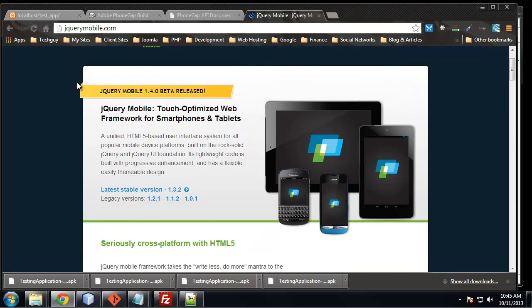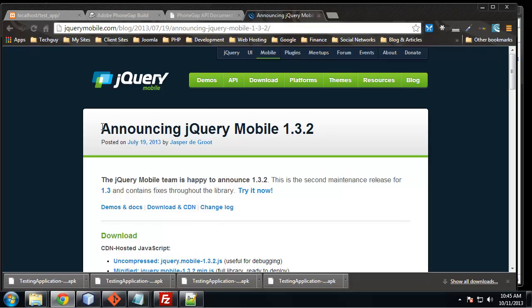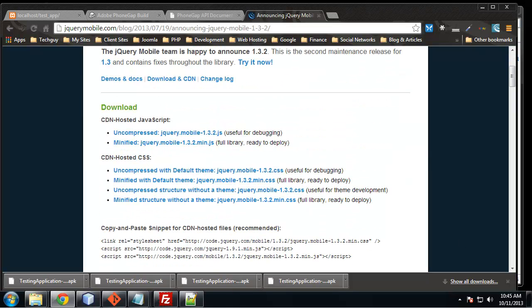Alright, so we just want to click on the latest stable version. And we have a couple options here. We can use the CDN hosted files, but you don't want to do that in a mobile app because if there's no internet connection, things probably won't work right. So we're going to go ahead and download the minified version,